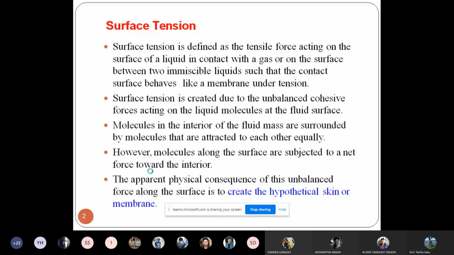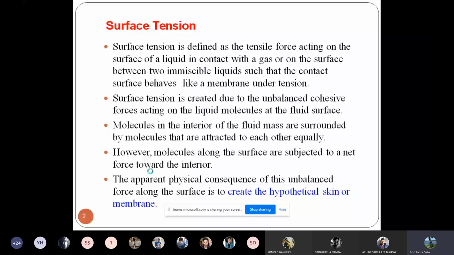If I ask you, I think all of you know from your high school physics that surface tension force develops when there are two liquids which are immiscible to each other. So there is a virtual membrane that exists between those two liquids where there is a tensile force acting upon the line which is actually going to balance the force between these two immiscible liquids, so that the line gives rise to some sort of surface which is known as membrane.